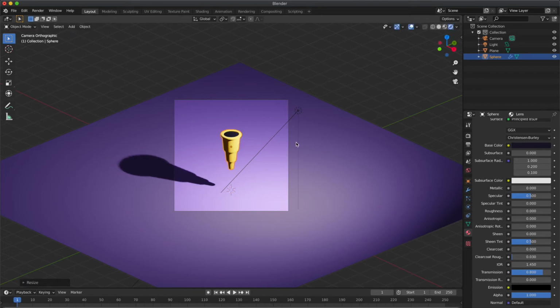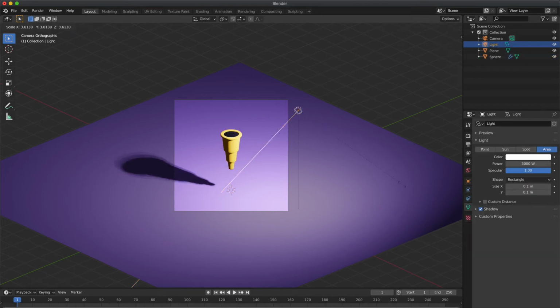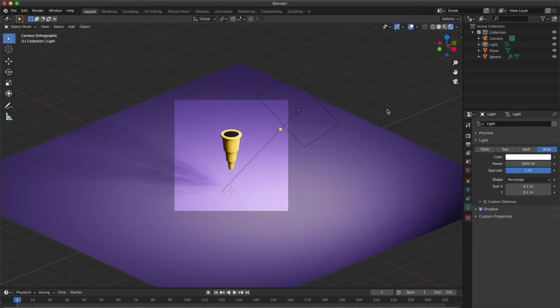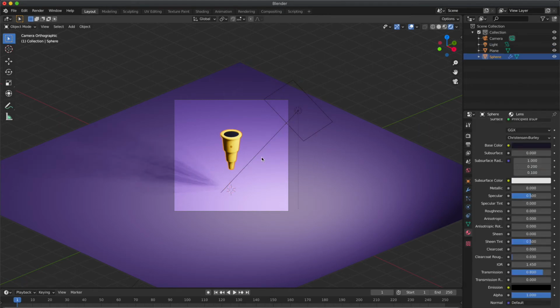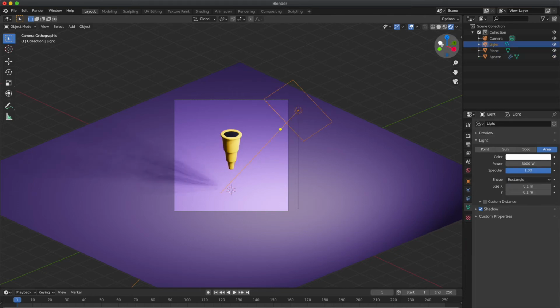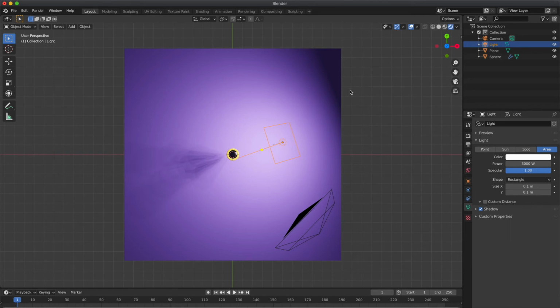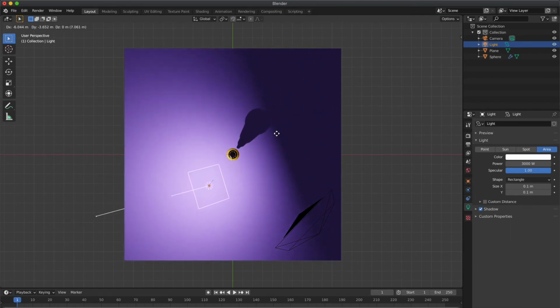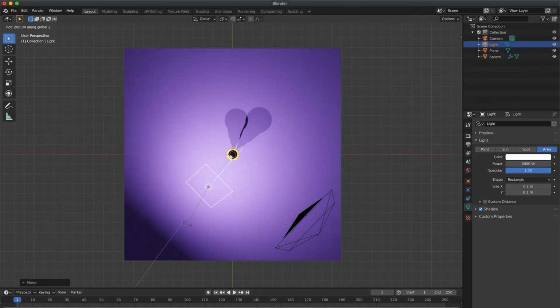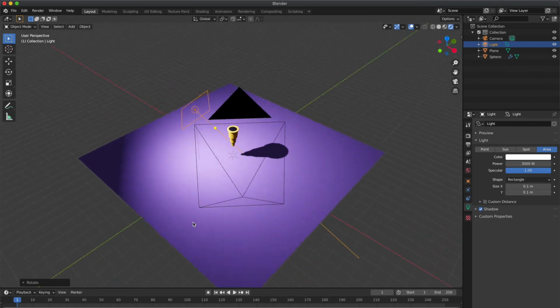I combined both UV sphere and cylinder by pressing Ctrl J. Now select the light and increase the size. Press S to increase the size. We can go to top view and see the reflection of the light in the UV sphere. So let's go to top view once and see the reflection. You can see the white shade on the UV sphere. That's the reflection of the light. So move the light, press G and move the light, and press R and Z to rotate it along Z axis like this.